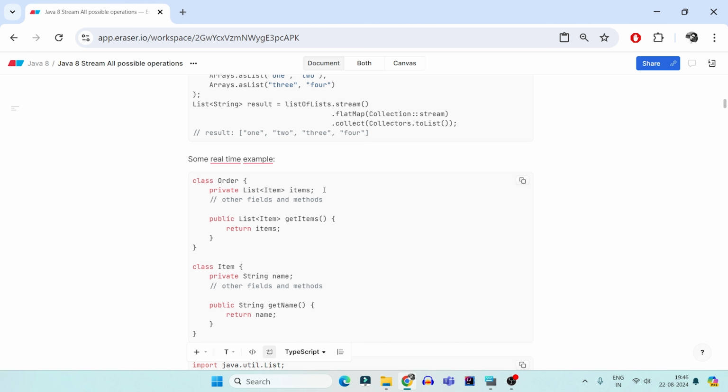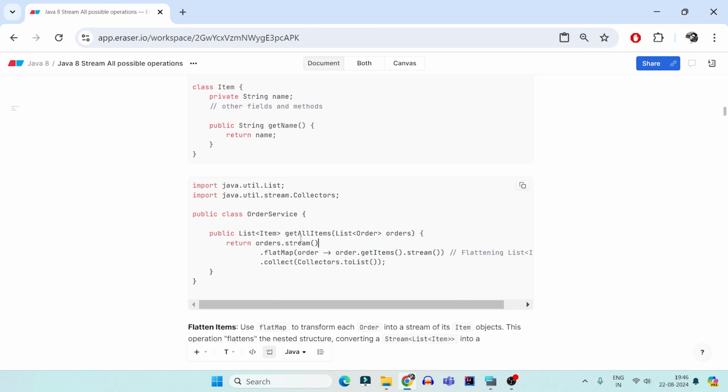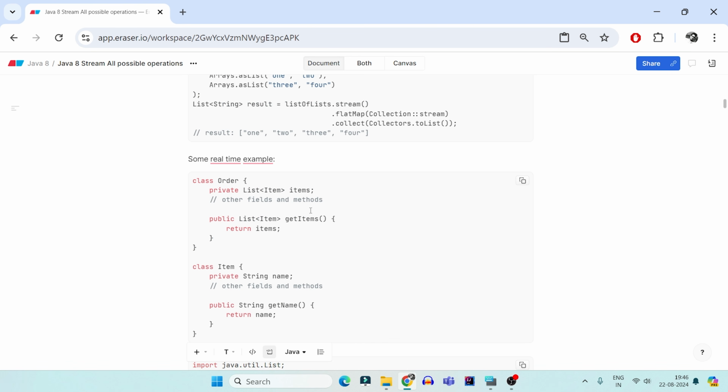Now at the end, when I'm sitting as Amazon at my desk, I want to see how many items I sold today. So it should be 50 items. Each item will have some name and some extra parameters. So as an order service, I want to see as a store how many items I sold. But I have the list of orders, and those orders have lists of items. So if you can see, I have a list of orders, and orders have lists of items.